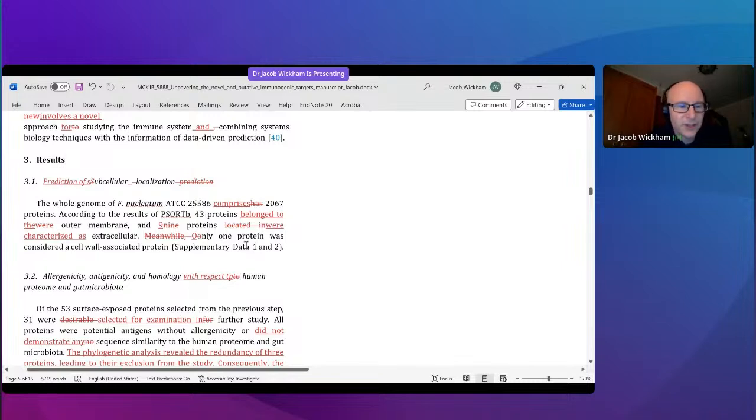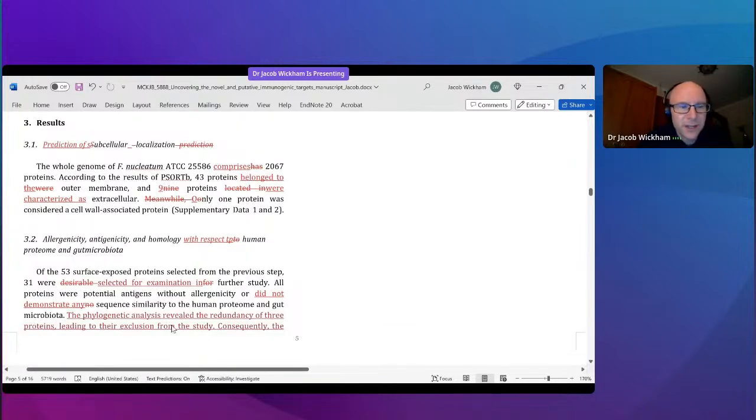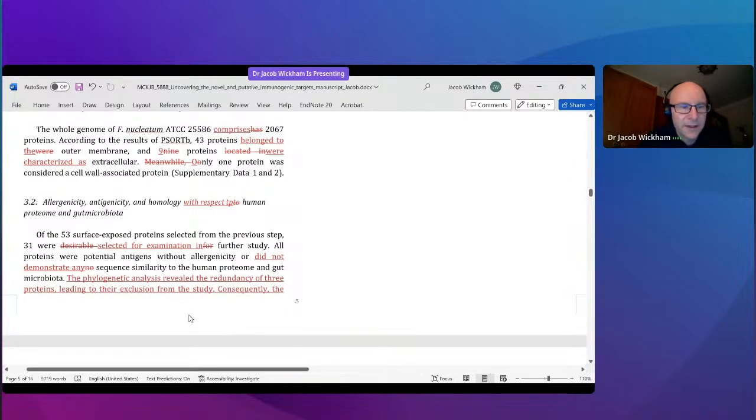You want to make sure that this section is as clear and concise as possible. The results should be dominated by tables and figures and not have too much text. So you can see in here that we've actually cut down the word count here and made the manuscript much more readable, just stating the major results first and how the results of the phylogenetic